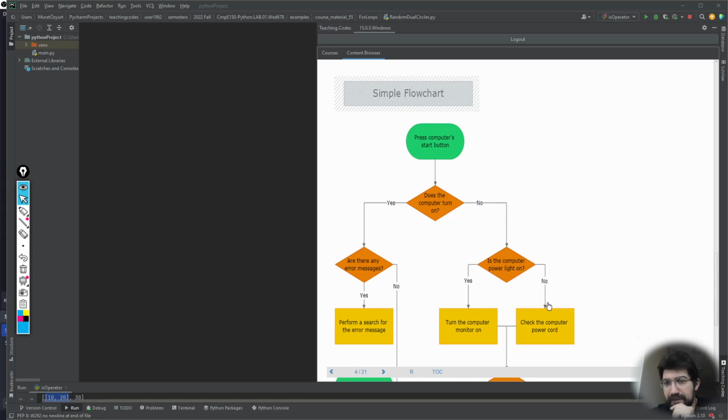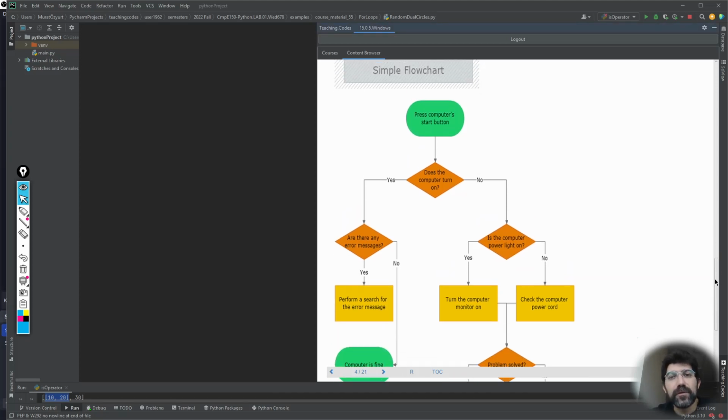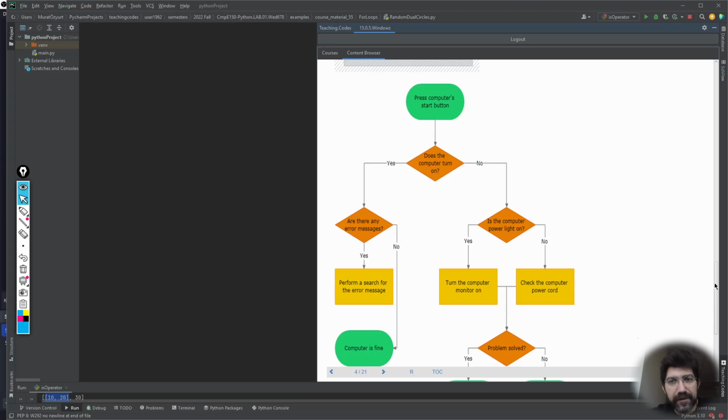And this is another flow chart. So our computer is not running when we press the start button. If the computer turns on, does the computer turn on? So this is the first action we take. We press the computer's button and we check whether it's on. If it is, we check whether there are any error messages. No errors, the computer is fine. So if there are any errors when we turn on the computer, just check what this message is about and try to fix it. If the computer does not turn on, we go to this branch of the decision, the no branch,